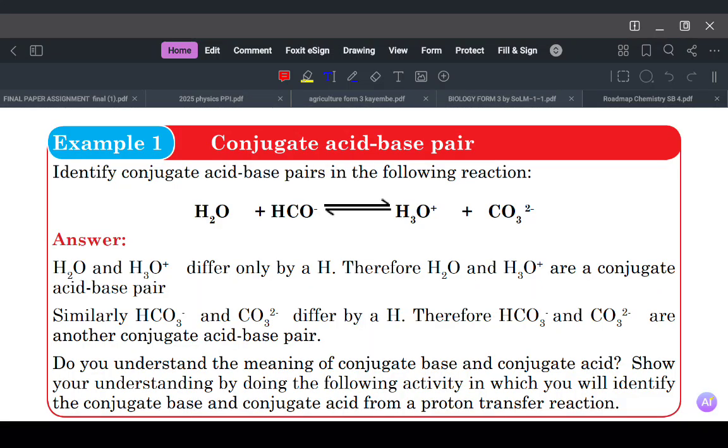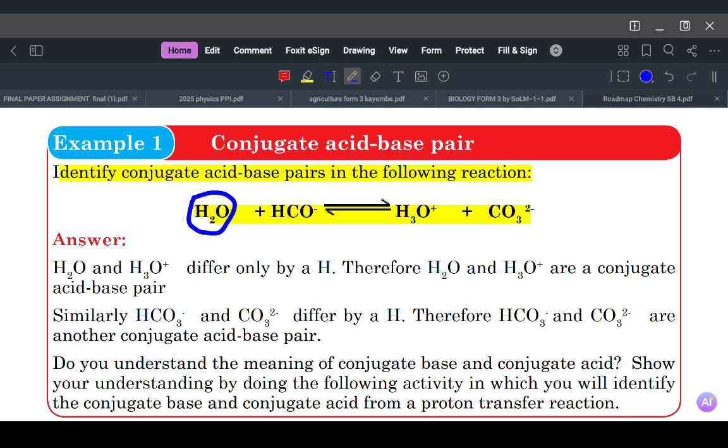Good morning, learners. Welcome to yet another example of conjugate acid-base pairs. A question will come asking you to write down the conjugate acid-base pairs from a given chemical equation. All right, so for example, in this example, we are asked to identify conjugate acid-base pairs in this equation, where we have a water molecule, water,